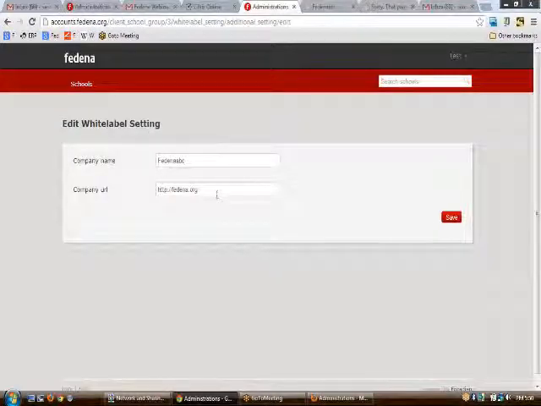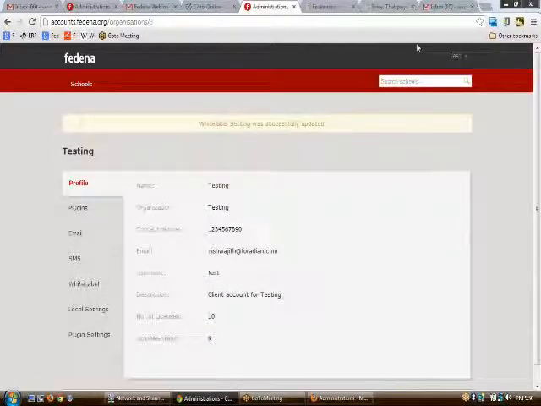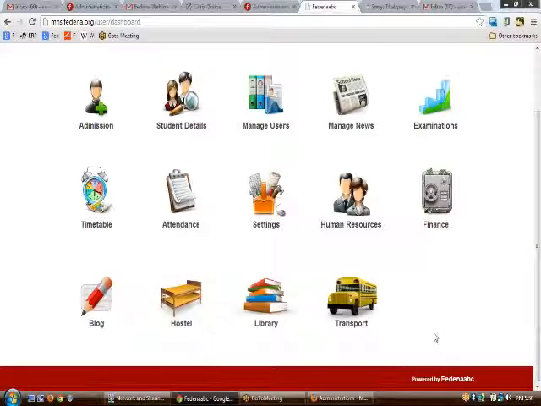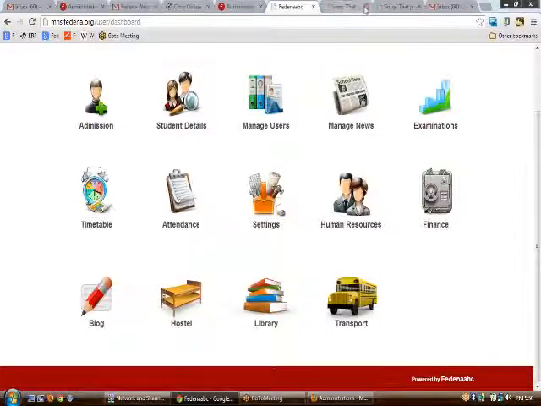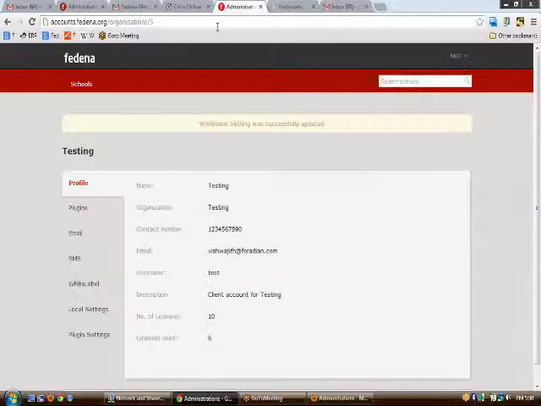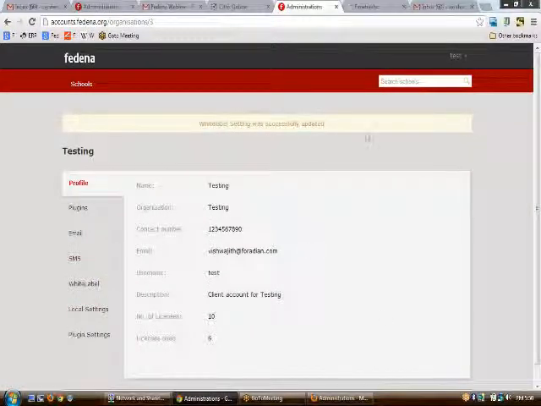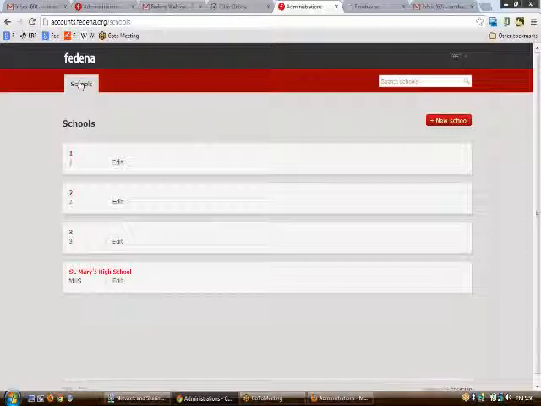let us say the company URL would be www.google.com, and save it. On clicking onto this we can open the page. Okay, the corresponding page can be opened up. Now this was all about clients without the multi-school